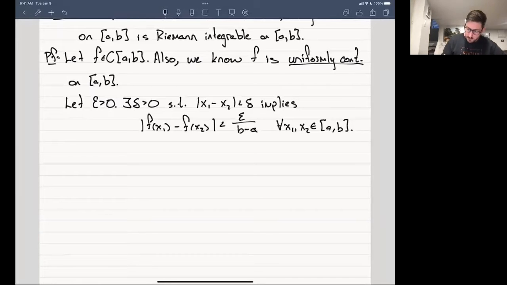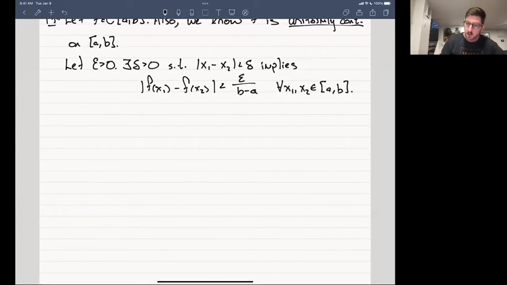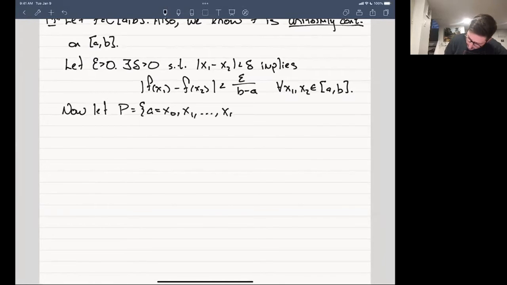Okay, then for Darboux criterion, we need a partition. So now let P equal a partition of my domain, let's say up to xn, such that the mesh is smaller than delta. And this is the same delta that I got from uniform continuity. So then